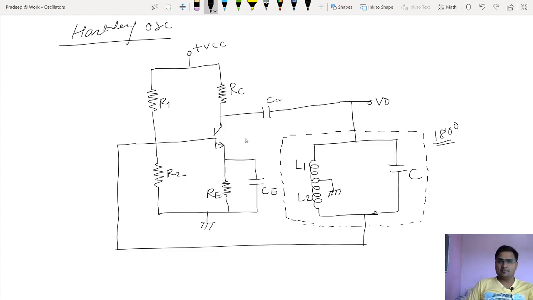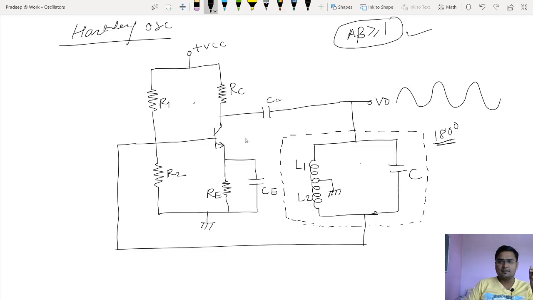And you can adjust the gain of the amplifier such that A multiplied by beta should be greater than or equal to 1, and that is a very simple task. We have studied the Wien bridge and RC phase shift oscillators also. That condition is so simple, we can satisfy it anyhow. 180-degree phase shift is provided by this, the remaining 180 by this, and things will be done. It means this circuit can satisfy Barkhausen's criteria, and if it satisfies Barkhausen's criteria, this circuit will give us sustained oscillations at the output. Like this, at the output you will get sustained oscillations.